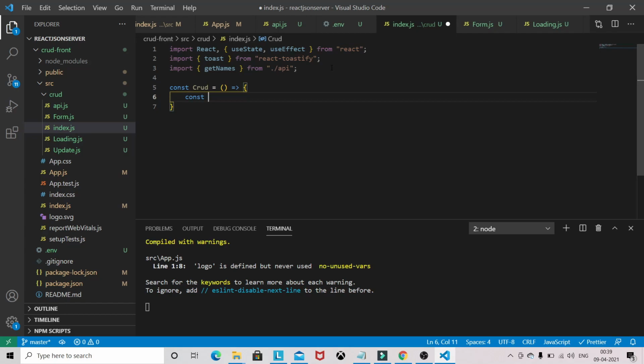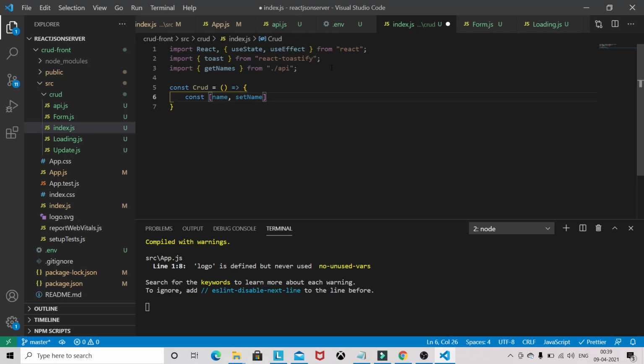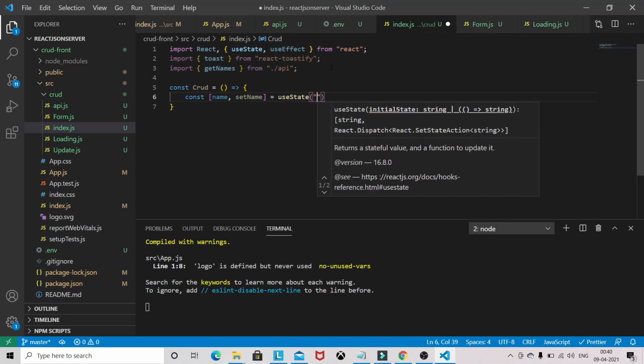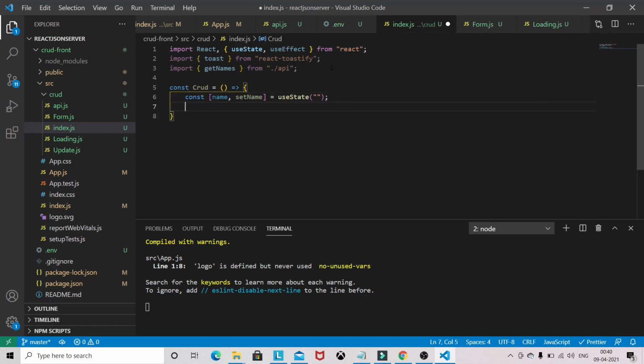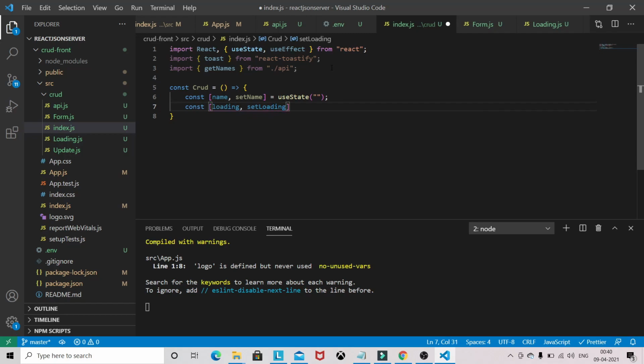We need to set the state for every input item, and we will be maintaining the loading state as well while making the API calls, so it will be false.